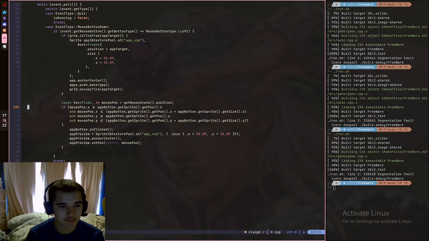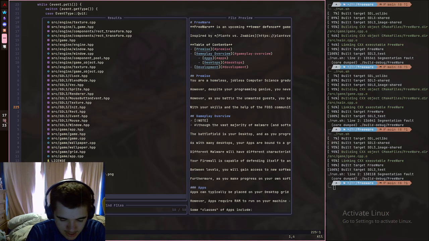Apps.pushback app. App.anchor center. What? Is that anchoring though? It's not really anchor. I guess it is, in a way. If mouse button type equals left. Okay, so